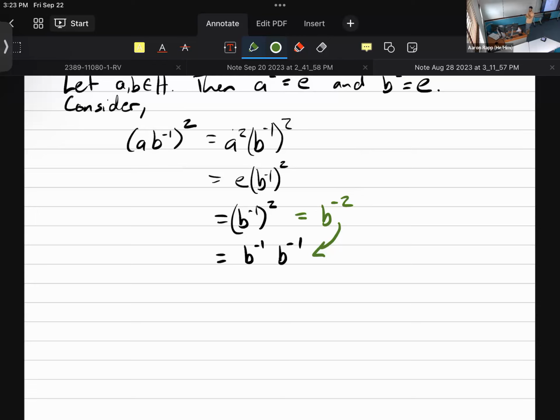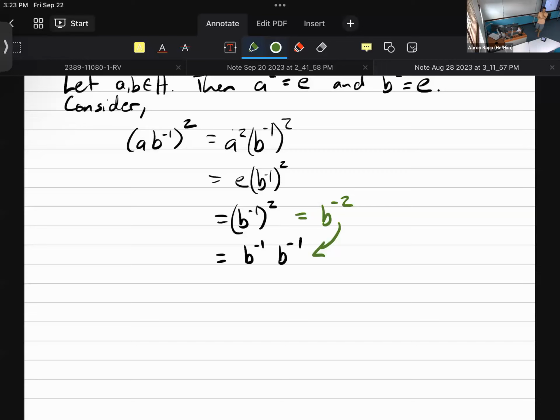Well, it depends. Multiply by B. Let's see, if I multiply by B, then remember I'm doing a whole equation, right? So if I wanted to multiply on the left by B here, I'll just go back to the beginning and multiply on the left by B. Which means my initial element is no longer going to be AB inverse quantity squared. It's that multiplied by B on the left.